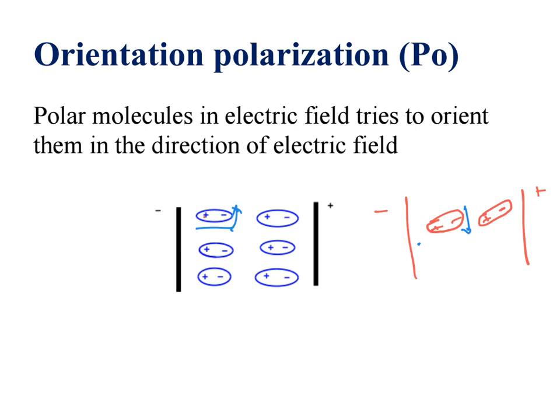So let's take a molecule in this fashion, positive, negative, and it may be in this fashion or maybe other direction. So what happened? This is due to the thermal movement, it can be any direction, it can move in all directions. And once you put an electric field, this is positive side and this will be negative side.